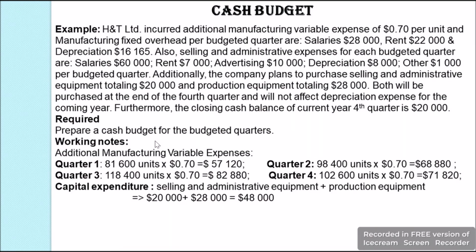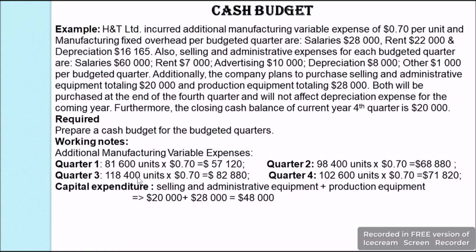Now we'll start with the calculation in our working notes. We'll start with this, that is additional manufacturing variable expenses is 70 cents per unit. So we will pay this on the number of units we have produced, which we will take from the production budget. So for the first quarter, the units produced from the production budget is 81,600 units. We multiply it with 70 cents, we get the value as $57,120. In the second quarter, the units produced from the production budget is 98,400 units. When we multiply this with 70 cents, we get the value as